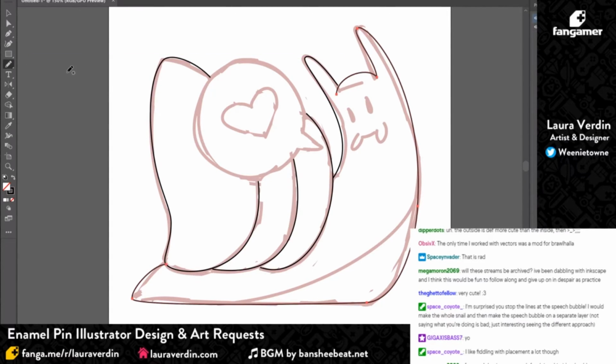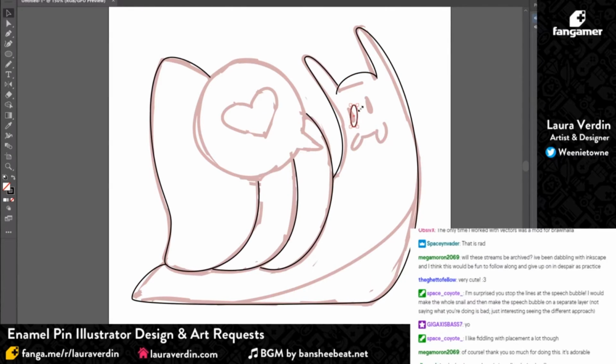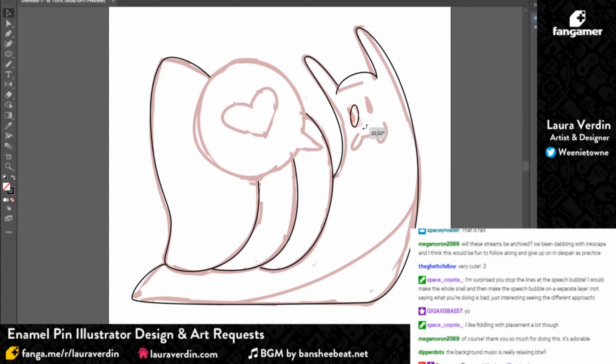Eyes, I think I'm gonna go in with the pencil tool and sort of draw it freehand. Little, oh, nope. That corrected way too much. And I don't know how to mess with it. So instead, I go in with the lips tool. This is very small, so it's giving me being really picky. Oh, I'm going to make that a fill instead of a trace and paste it. Actually, no, I'm gonna